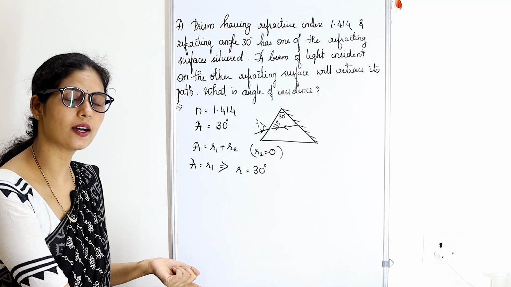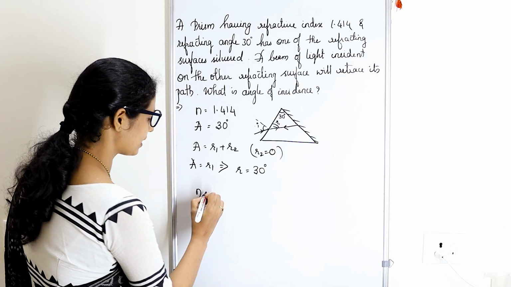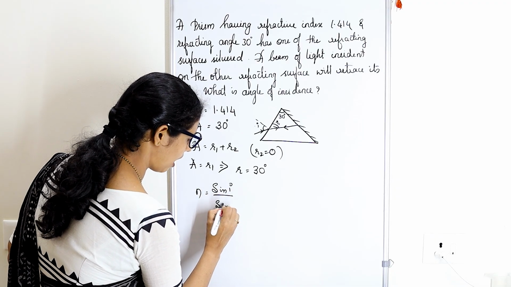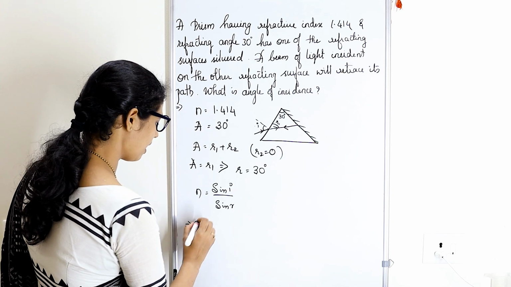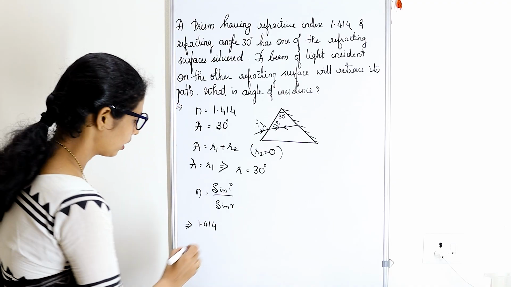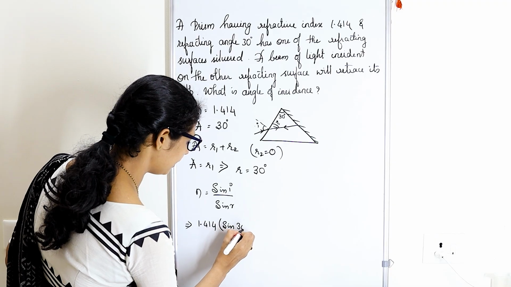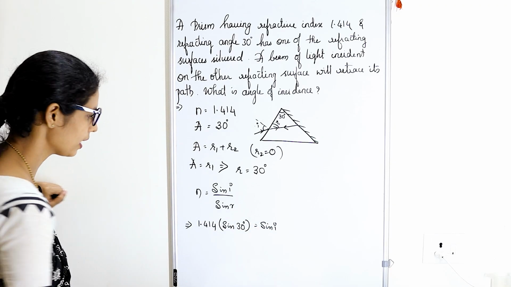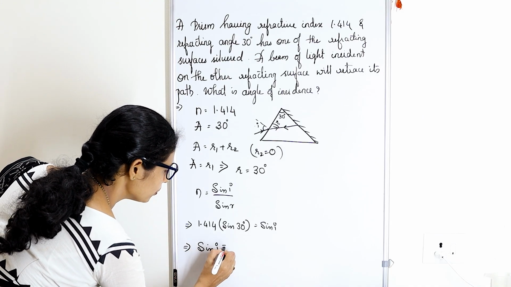So can we consider Snell's law formula? Yes, we can consider Snell's law formula. It says n equals sin I divided by sin R. Okay, sin I divided by sin R. N is 1.414, so 1.414 into sin 30 degree equals sin I. Okay, so I'll rearrange it. So it becomes sin I equals